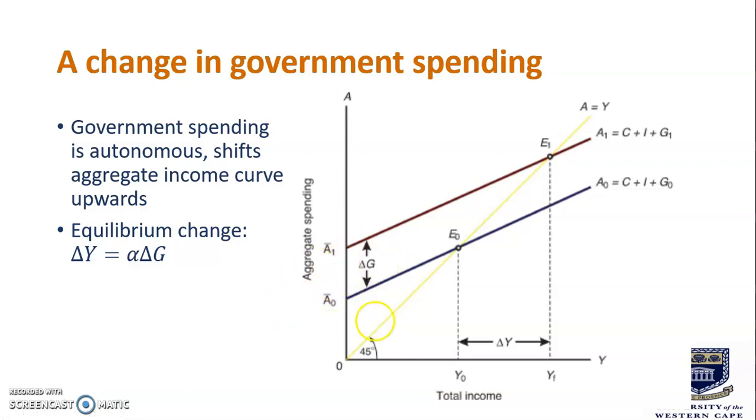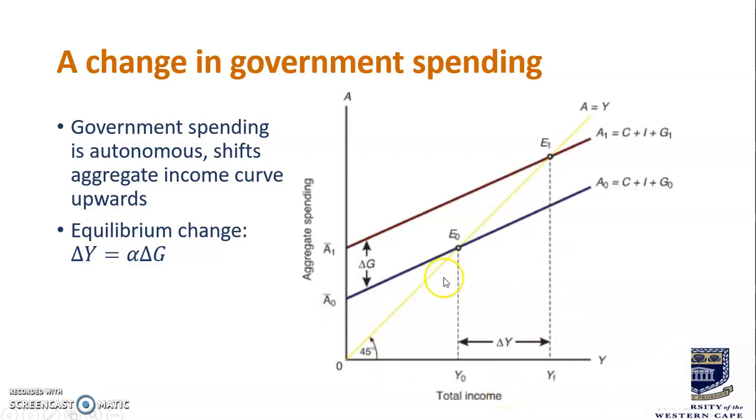So the initial point here is that we have our 45-degree line, which represents Y. Then we have A naught here. This is the autonomous expenditure, that's why it's A bar. Then we have E naught for the initial equilibrium level, because we know that where this line of aggregate expenditure meets the income line, that's where the equilibrium is, and we can see the level of income, that it's Y naught. Of course, we know on the vertical axis we have aggregate spending, and on the horizontal axis we have the